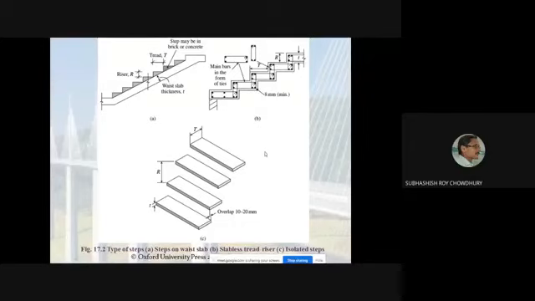And this is also some type of stair. It is some isolated steps. Say there is a wall here. Okay, from this wall, say a reinforced concrete wall, these steps are projected. So it will be forming a stair.